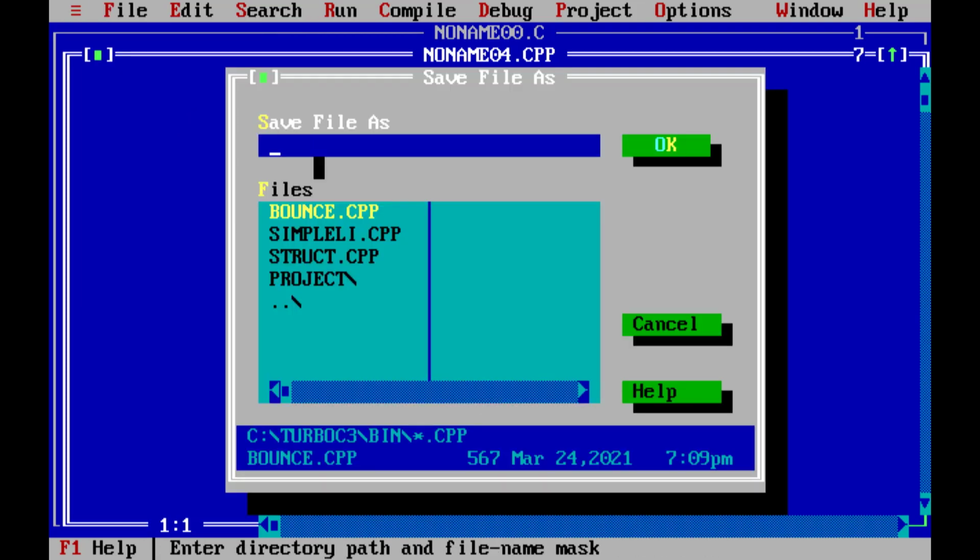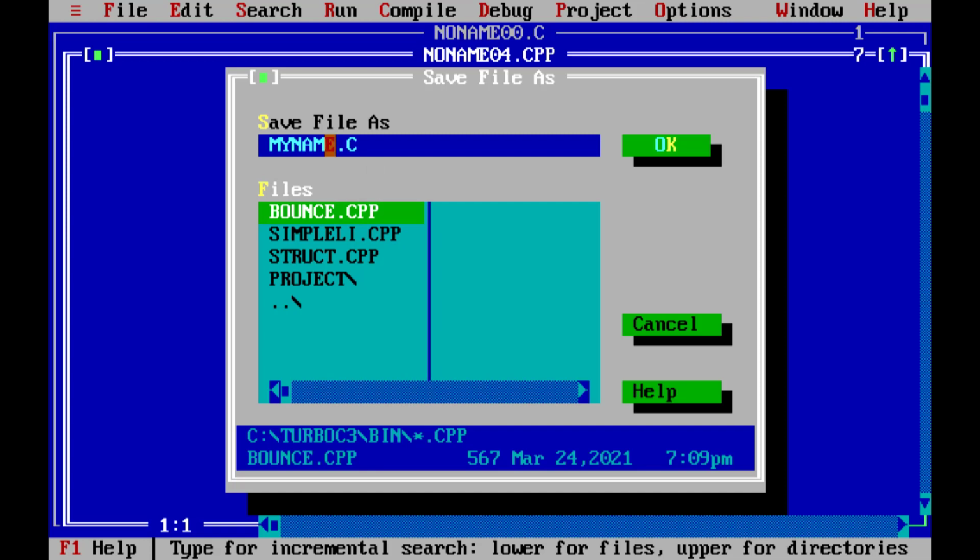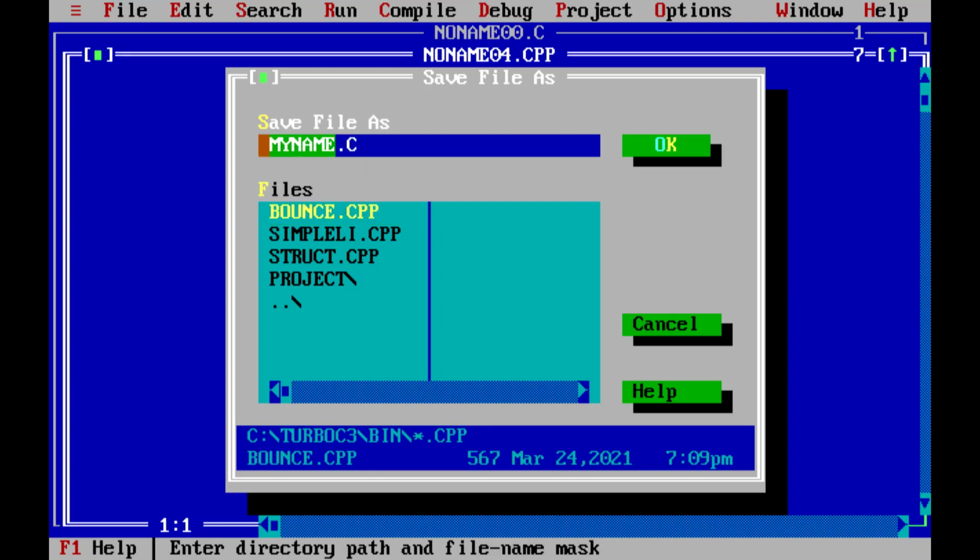And here, choose a location, but you don't have to worry about the location here. Just give it a name followed by the .c extension. Assigning a name is totally up to you. You can write anything here, but you have to be careful about the extension at the end, because this extension will tell our compiler about the language we are using in this program. After that, press OK.